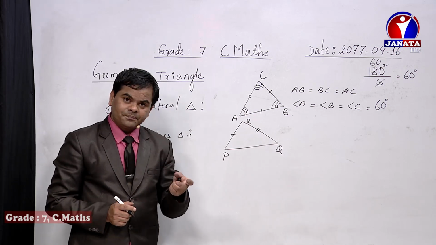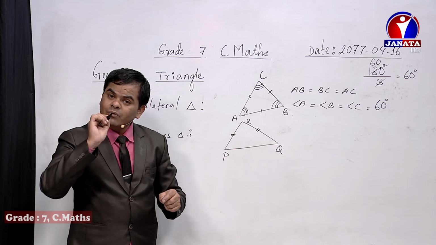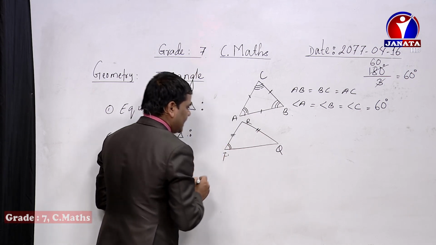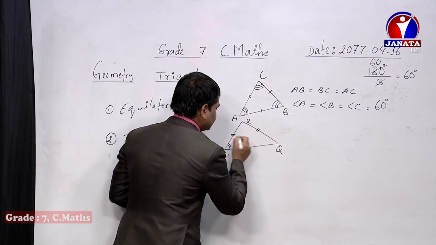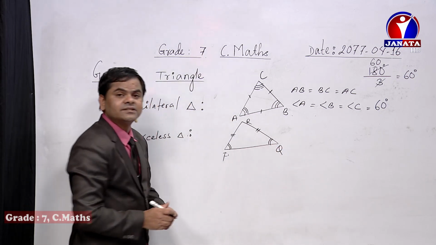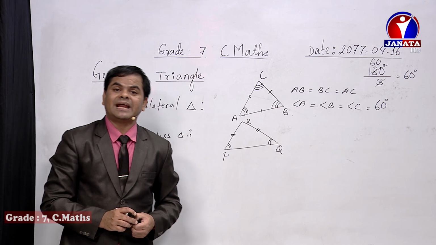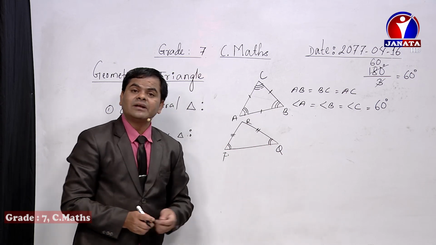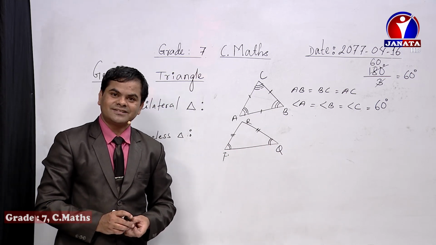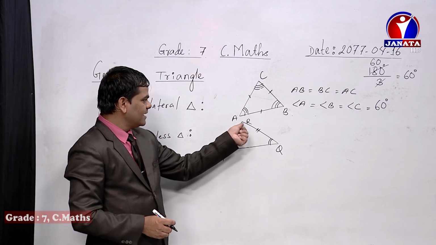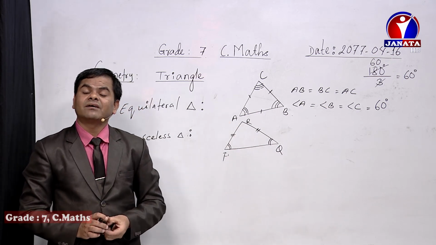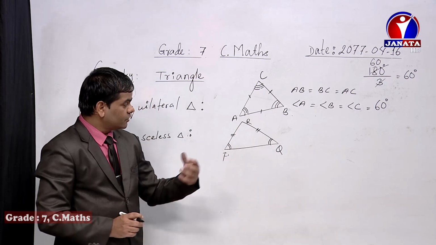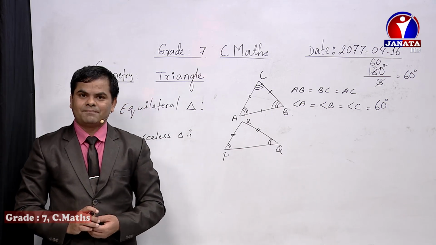I have a clue. Just look at the side opposite to the equal sides. Opposite to this side is this one angle, and opposite to that other equal side is this one angle. They are known as the base angles, and base angles of an isosceles triangle are always equal. Whatever the name of the third angle, this one remaining angle, it is known as the vertical angle or the vertex angle. So the vertical angle never becomes equal to the other angles in an isosceles triangle, but only the base angles.